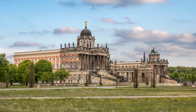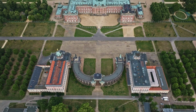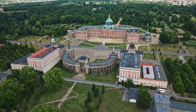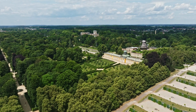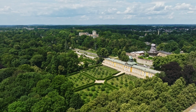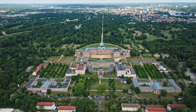And so the idea of Sanssouci is born. Frederick sketches out his vision, not of a grand, imposing palace, but of an intimate summer retreat. A place where he can indulge his passions for philosophy, music, and horticulture. A place without worry, a "Sans souci" in French. The king's sketch is handed to his architect, Georg Wenceslaus von Knobelsdorff, with one crucial instruction: the palace must be in perfect harmony with the surrounding landscape. This wasn't to be a monument to royal power, but a testament to the beauty of nature and human creativity